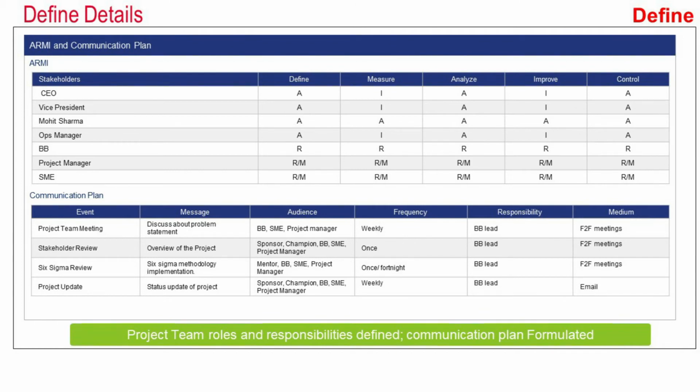The communication plan helps deliver the project on time, because if you communicate what is happening in the project to the stakeholders, they are happy with the progress being made. If communication is going from the process or project owners to the stakeholders, they are content and happy that the project is going in the right direction. So this is a very important tool.